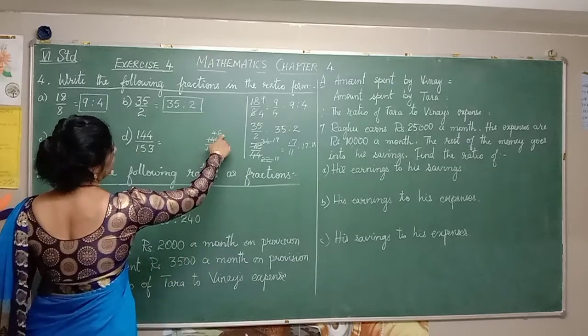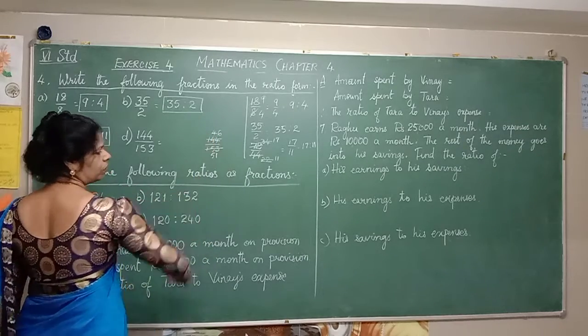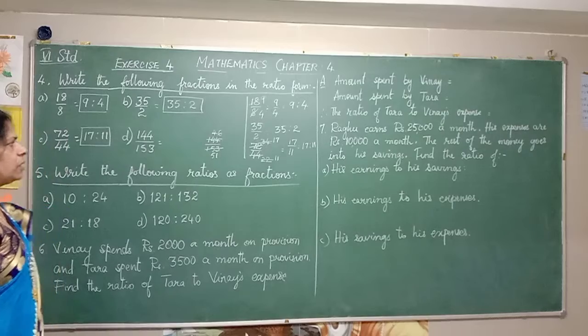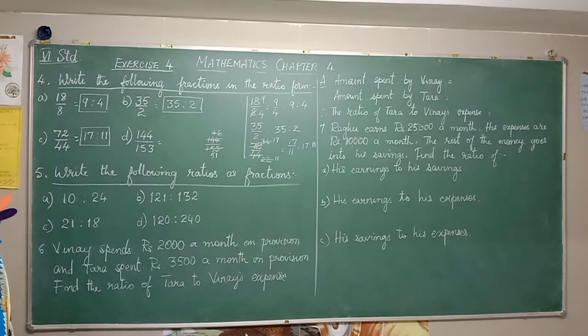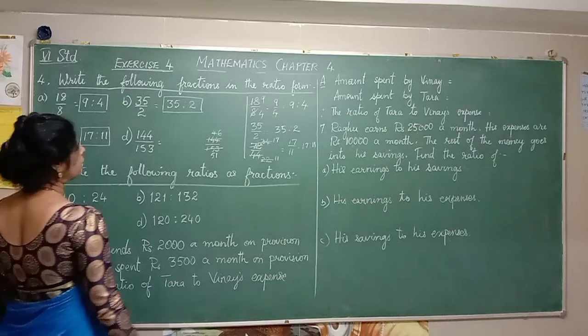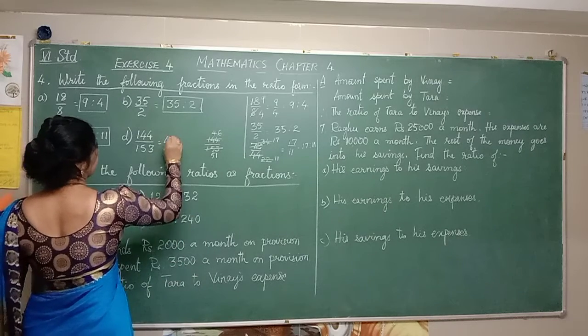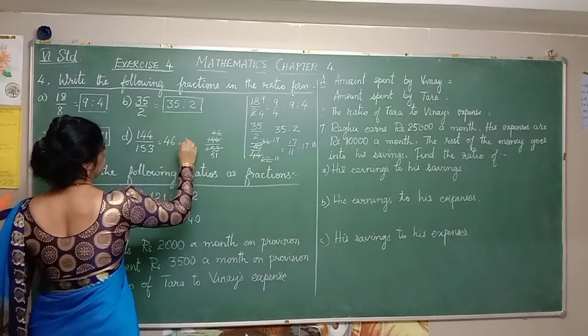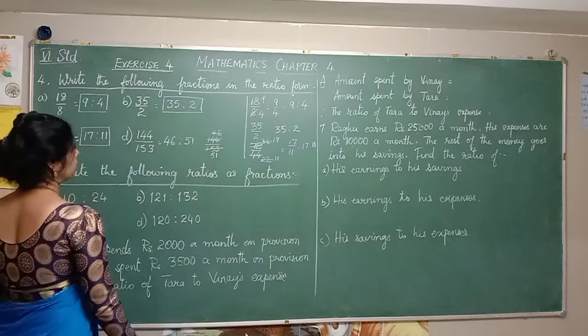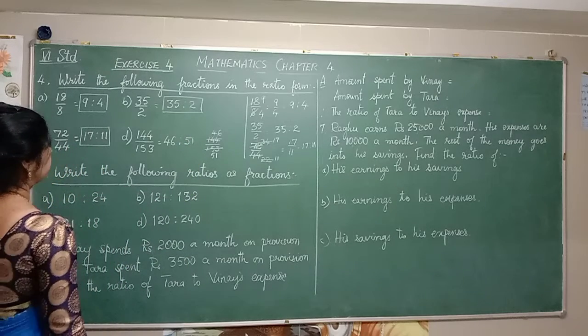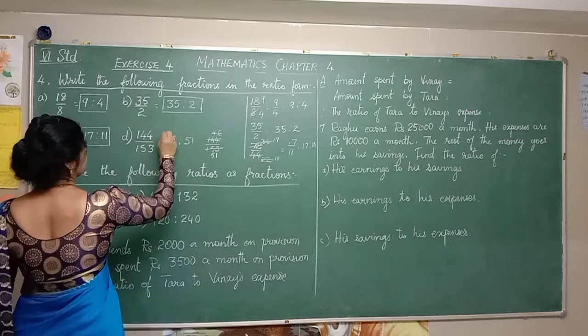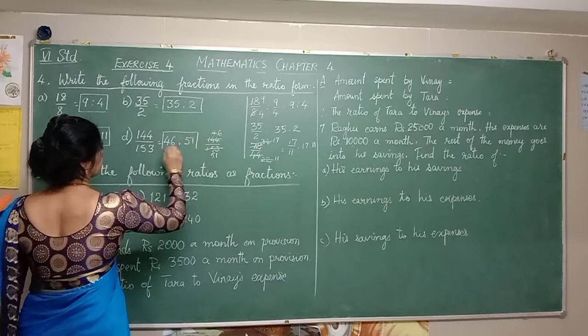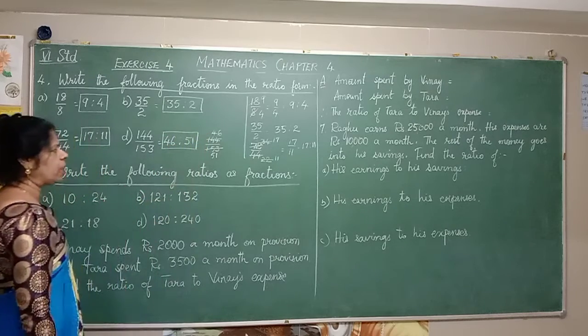Next, any other table it will go, you just check. Here 1 and here 6, odd and even. You see in which table it goes. Will it go in any table? You see. Will it go? No. So it is 46 is to 51. Yes, that will be our answer. 46 is to 51 will be our answer.